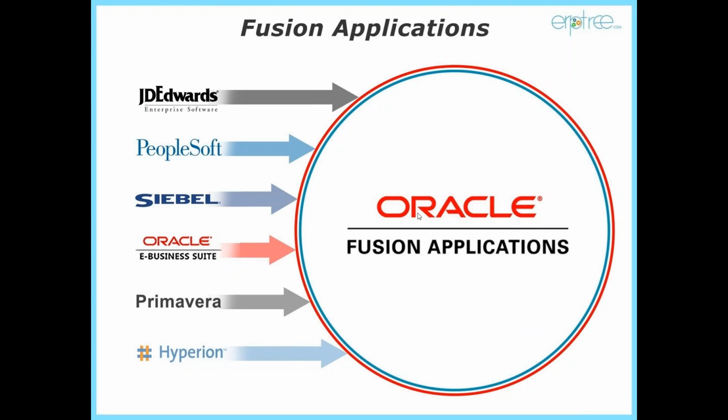Within the Fusion applications, the reporting tool comes from Hyperion Financial Reporting, and planning and budgeting is also part of Fusion applications, which is a legacy of Hyperion. And from Primavera, they took the project solution. That's how they built Fusion applications. In reality, they didn't develop these Fusion applications from scratch. They took the best solutions from the different ERP applications and created an environment called Fusion applications.